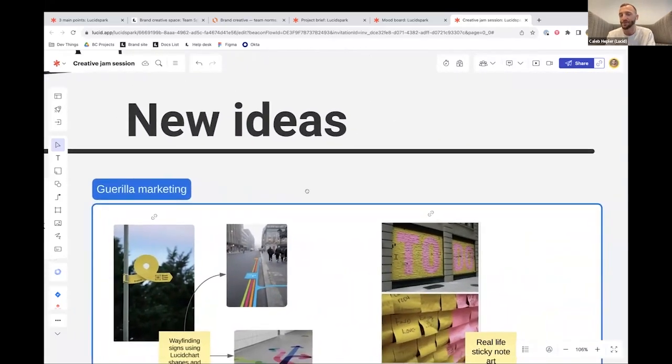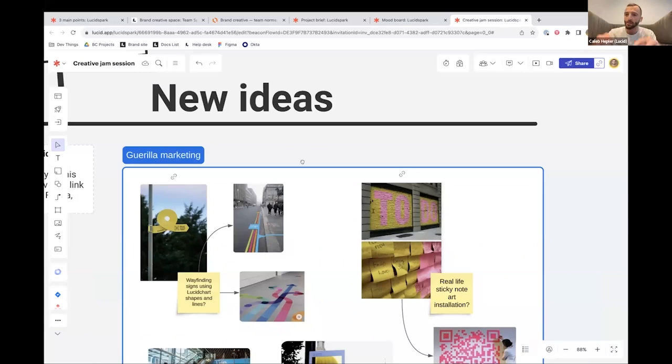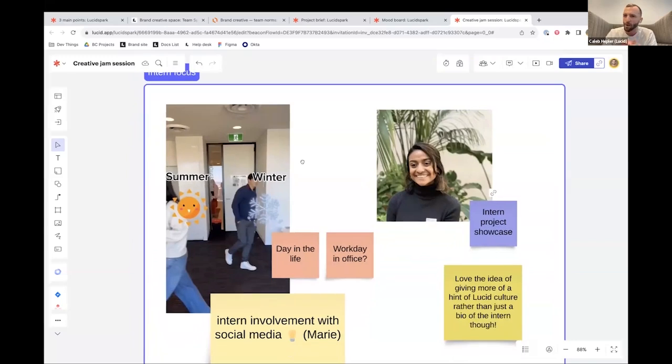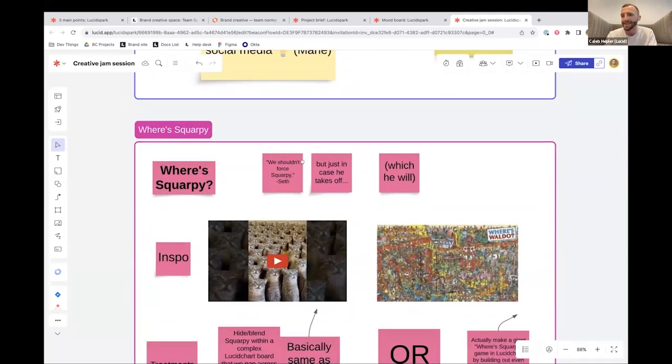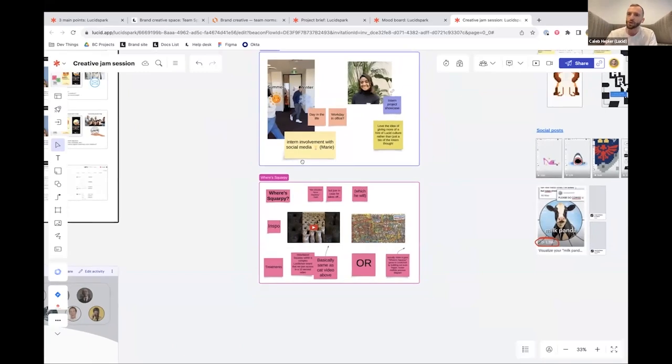And instead of just shooting a message, drop something into this board so we can riff with you and ideate and concept. So that could be anything, like really big, like what if we plastered a subway station with sticky notes as an advertisement, to practical things of, I'm working on incorporating interns into our social media, and I'm running into this issue. Can somebody help me think through this? All sorts of ways in which we can drop ideas and get engagement from the team to push creativity and